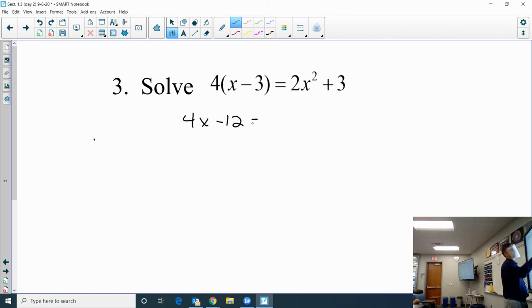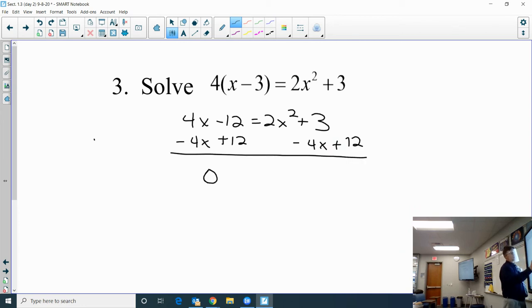4x minus 12 equals 2x squared plus 3. And I know you've been trained to move everything to the left, but I'm going to always try to keep my x squared positive. It just makes life a little bit easier. So I'm going to move everything to the right, and then I can flip it later. But subtract 4x, add 12,